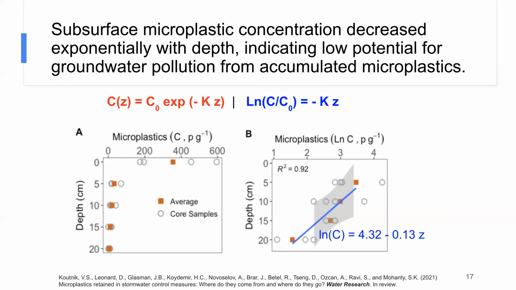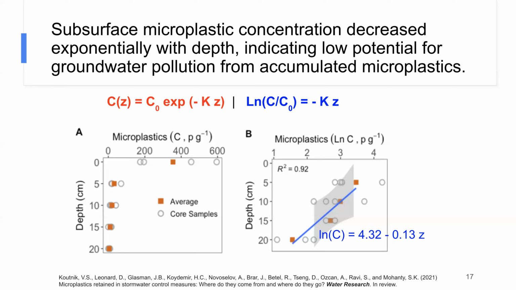And in this particular case, K is 0.13. So that means that's how fast the retardation takes place. And so by using the exponential model, it allows us to compare at different sites. So the first take-home message here is that stormwater treatment systems are designed well to remove microplastics, and it's not